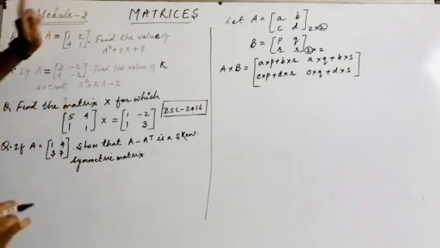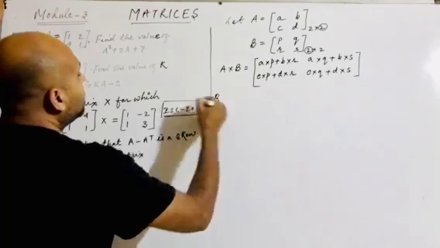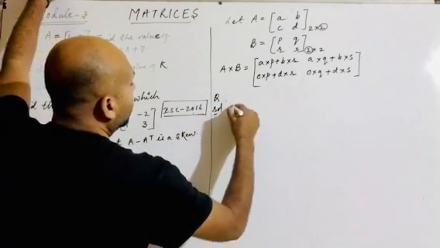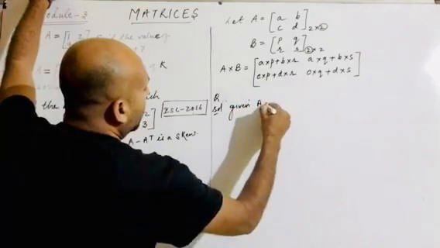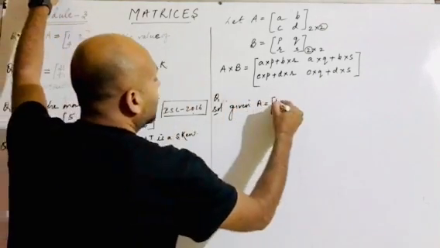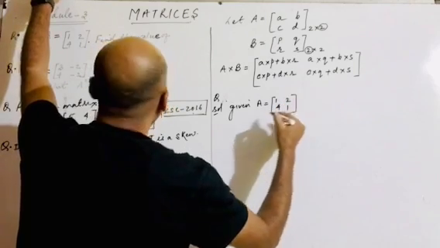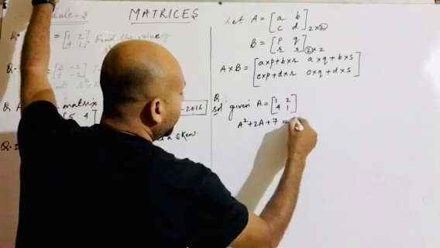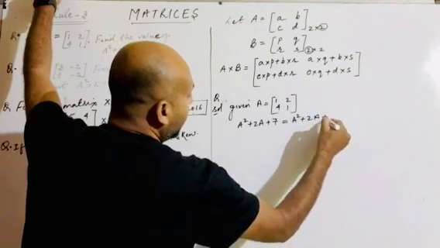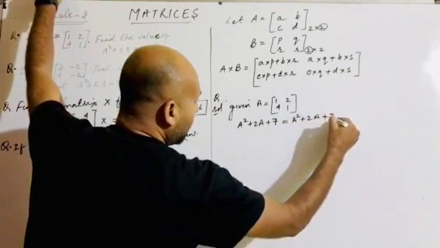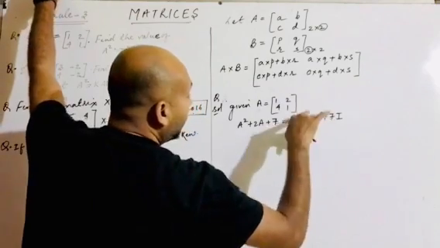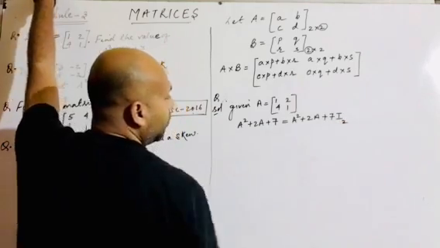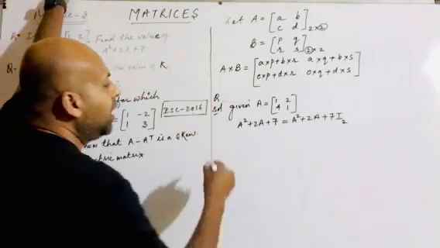So for that purpose you have to always remember, like in this question, as we need to calculate, let's start with the sum. Given the value of A is [1, 2; 4, 1], and we have to calculate the value of A square plus 2A and then 7. So this will be written as A square plus 2A plus 7 I. Whenever there is a constant, that constant will be multiplied to the unit matrix of the given order of the matrix A. The order of the matrix A is 2 by 2, so here I will write I2. Separately let us solve here the value of A square.